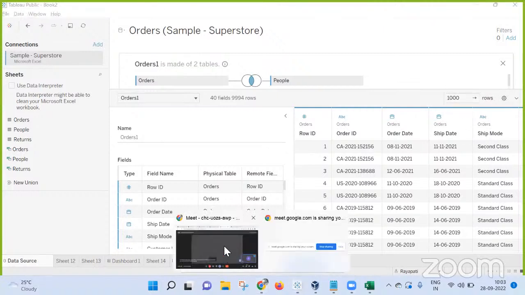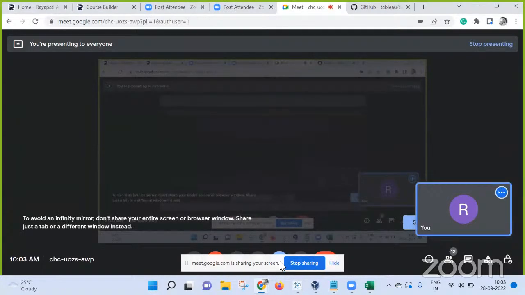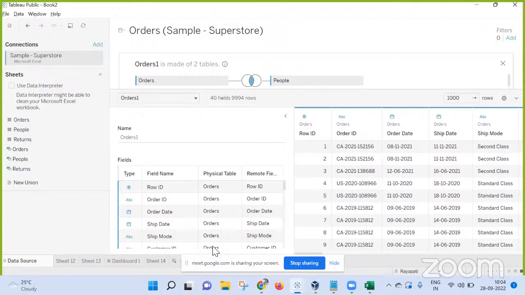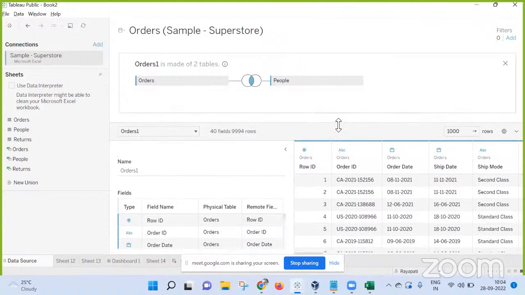Hey, Rajeshwar. Yeah, can you just go back to that page? Okay. So, a small question I'm having. When I'm dragging any of the tables, here I'm getting 40 fields, 9994 rows. As soon as I do a convert to SQL, what is happening? I'm getting the number of fields and the number of rows. It was showing like 48 or 50 rows, something like that, and as soon as I click on convert SQL,